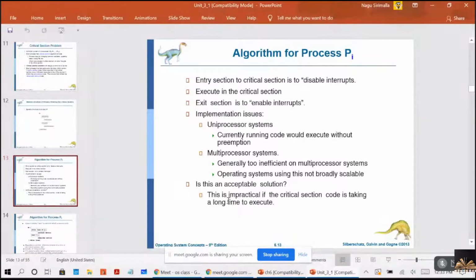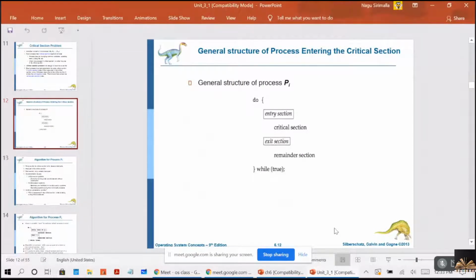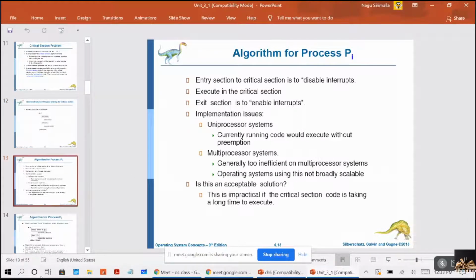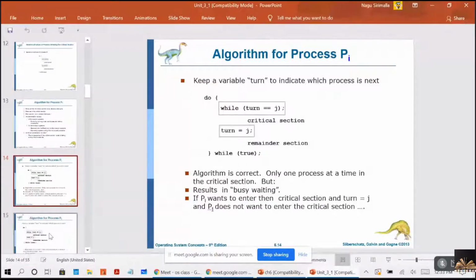So operating systems using this are not broadly scalable, right? Is this an acceptable solution? This is impractical if the critical section code is taking a long time to execute. This simple kind of execution is not possible when a process is spending a long amount of time in the critical section, right? Now for this, use a variable called the turn variable, right? So entry and exit is one solution,